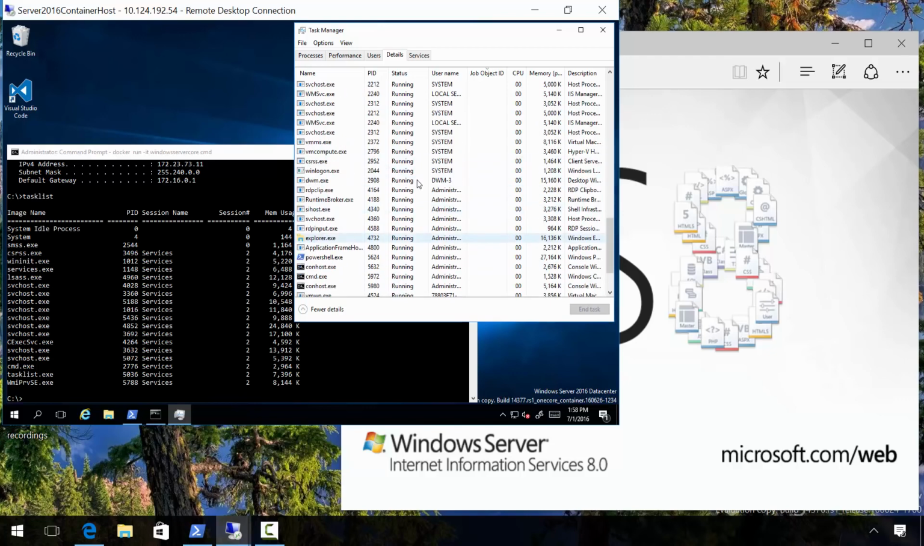In fact, we see some of the same processes in both places. So for example, 2544, which is SMSS, we can see on this host, SMSS running as 2544 as well. That's because as a Windows Server container, we're sharing the kernel amongst the container and the host. And so the host sees everything while the container has been virtualized and only sees the processes that were started